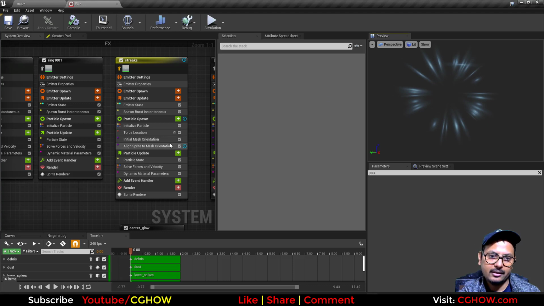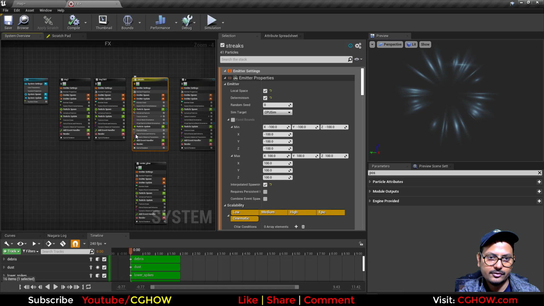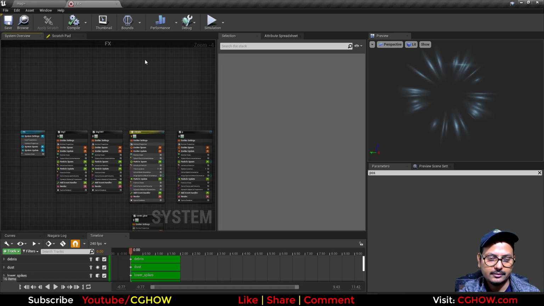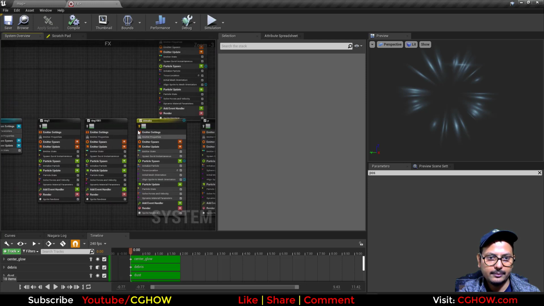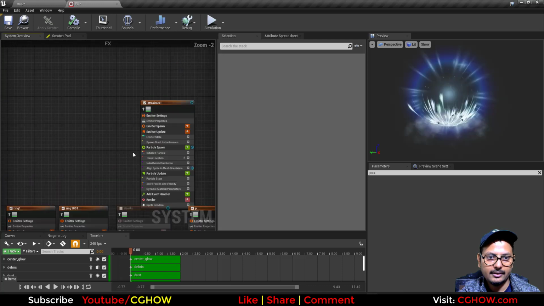For that, one thing you can do is, let me just duplicate these streaks, copy and paste, just for backup. So I am just turning this off, this original one, and this duplicate,